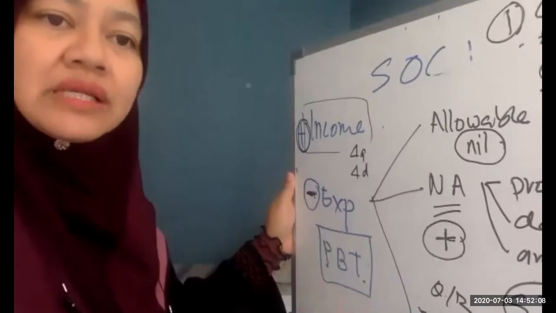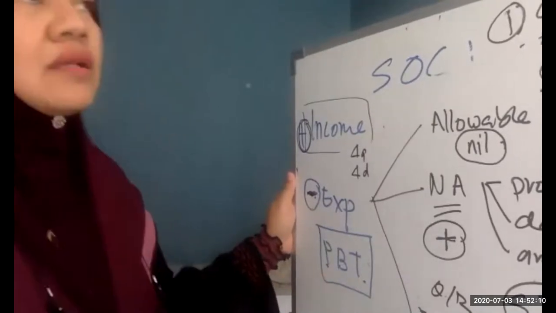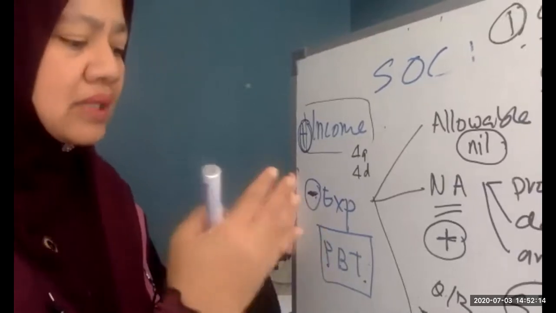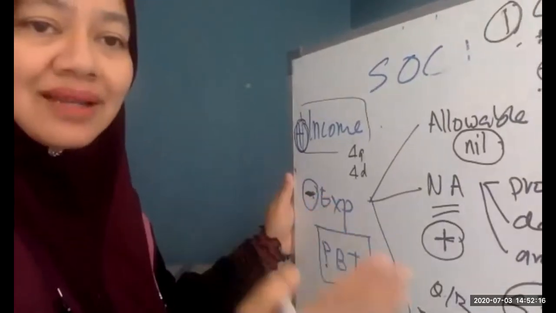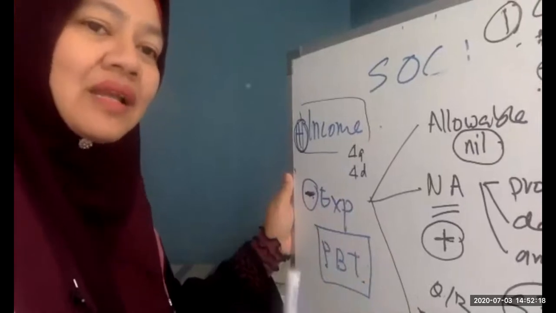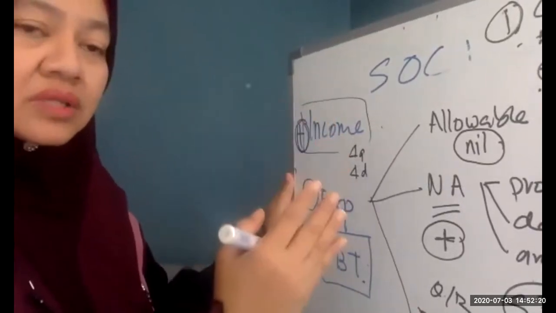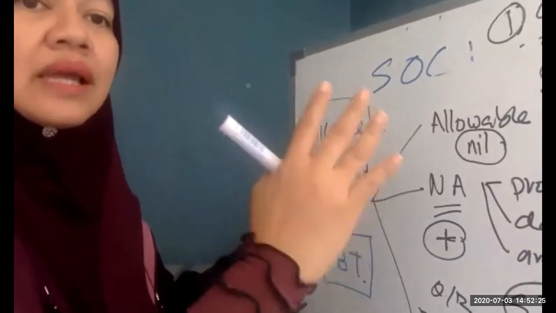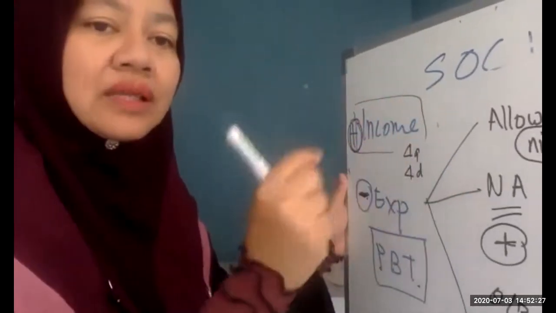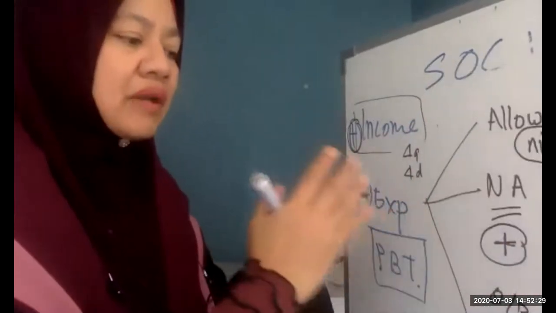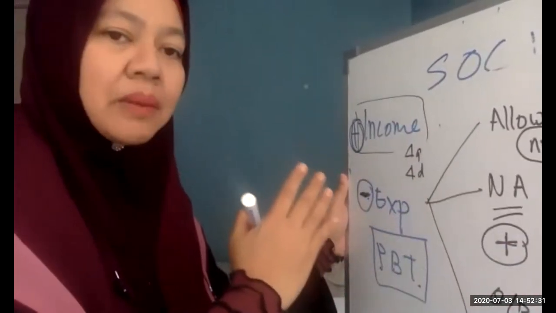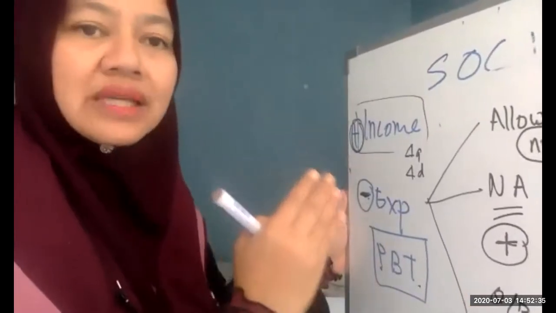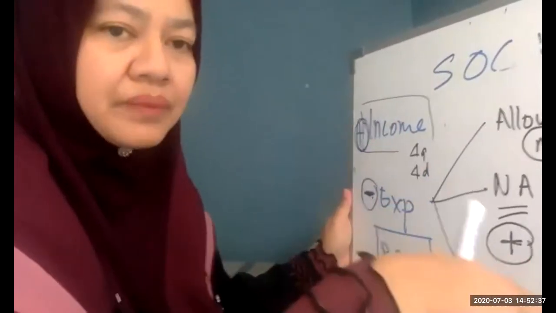If you have lease rental of motor vehicle, then is it a passenger car or commercial car? The law says that commercial car, no problem, everything is allowed. But if a passenger car, then you have to look at the cost. Is it 150,000 or less than 150,000? If 150,000 or more, then lease rental is allowed for the periods. It means the company is allowed to claim only 50,000. So you have to start from the first day of the leasing until your year of assessment.